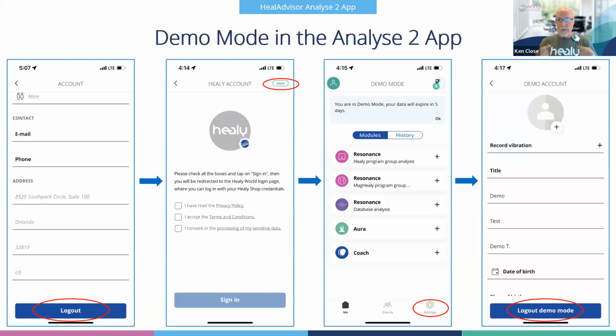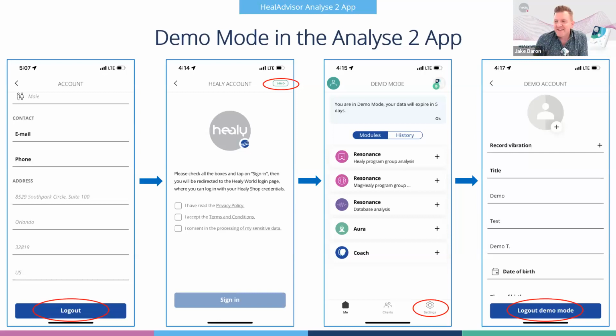The professional version of this app applies to anything that would have the resonance or the aura module. So in other words, we're looking at these various plans, and there is that one that we've been used to hearing the word professional and it being associated with a Healy edition. But in the app itself, it has different editions as well, or levels, I guess you might say.